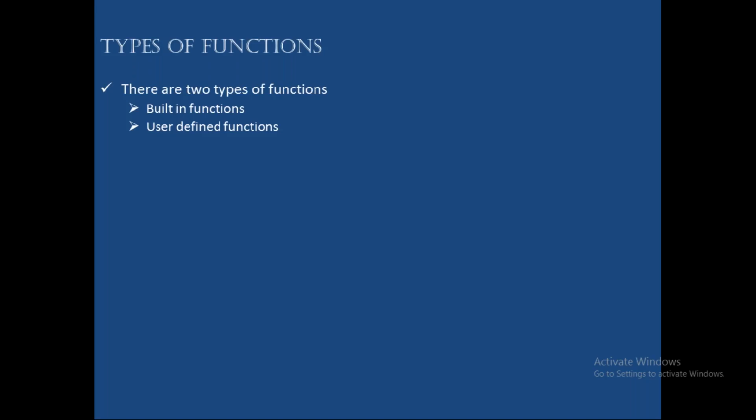Print is a function, type is a function, and ID is there to identify at which address a particular variable is stored in memory. So all of those are called built-in functions. Okay, try to understand, those are called built-in functions,